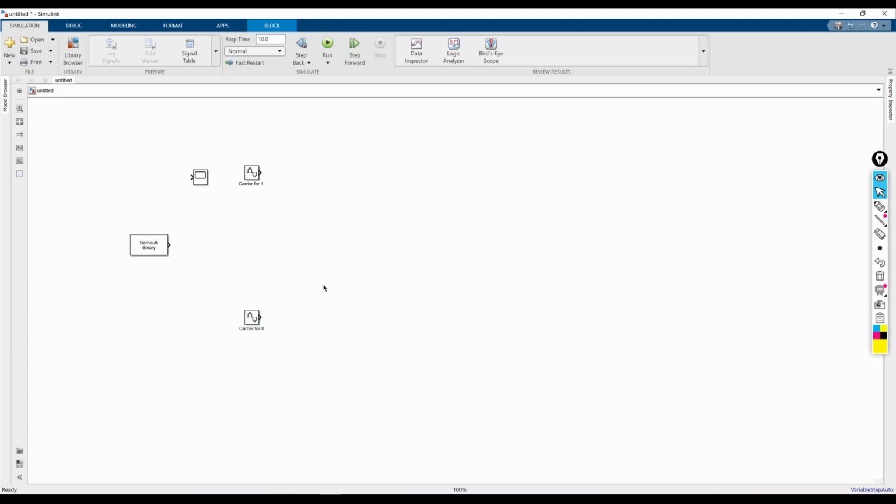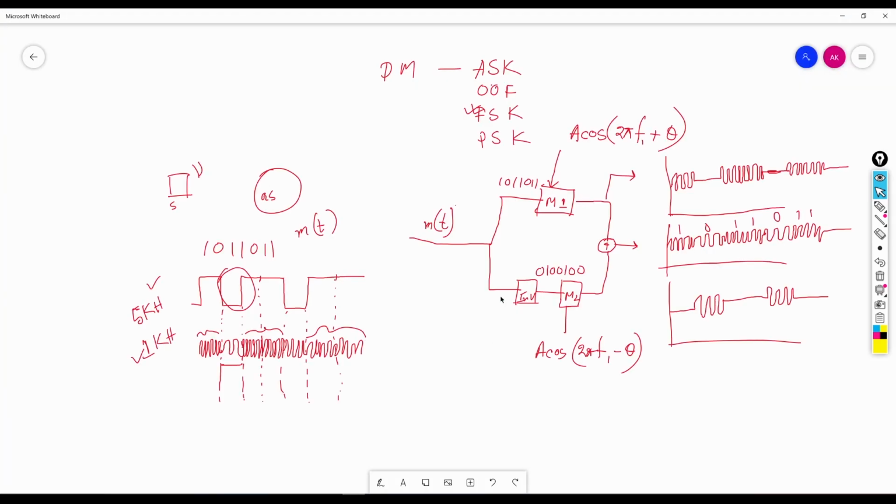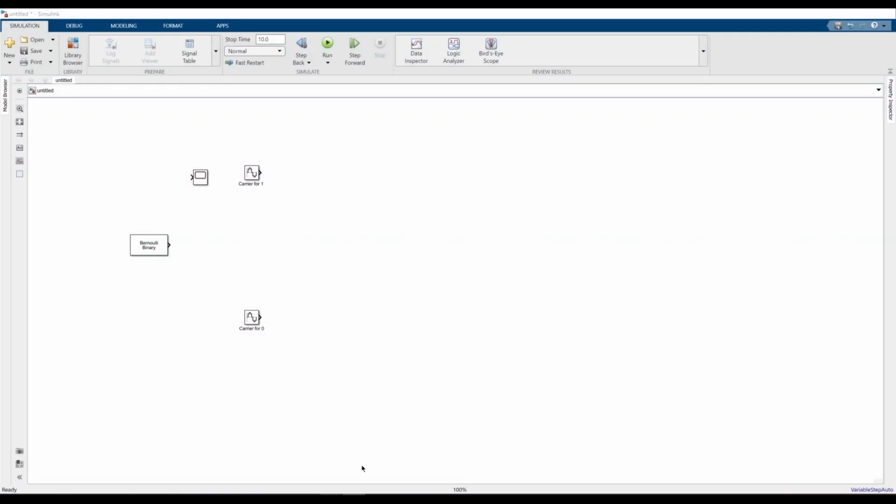Now as we see in the theory part, we have to invert this data, the 0 carrier, we have to make it 1 for that. So we have to do some tricks over here. So how can we invert this data? So let's see, so if you have a data stream of 1 0 1 1 0 1 1,